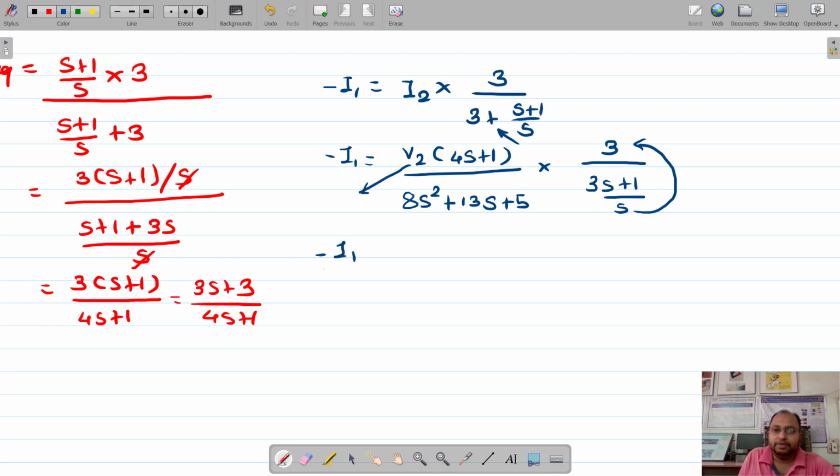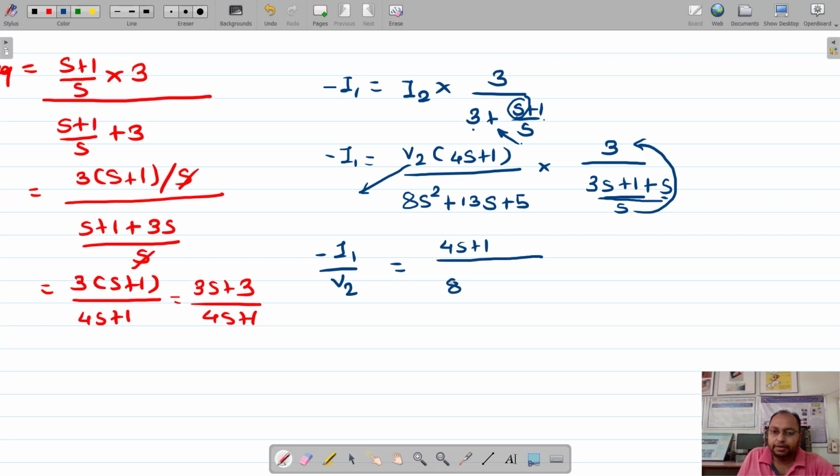So minus I1 divided by v2 is equal to 4, sorry, I forgot to write this s as well. Okay, so yes, now this is correct. Is it correct now? Yes. So 3s is nothing but s multiplied by 3 plus s plus 1. I just wrote it as 3s plus 1. I forgot to write this s. Okay, fine. So 4s plus 1